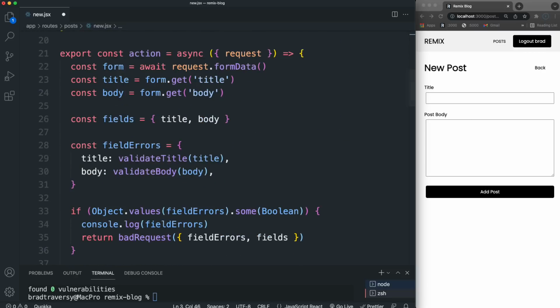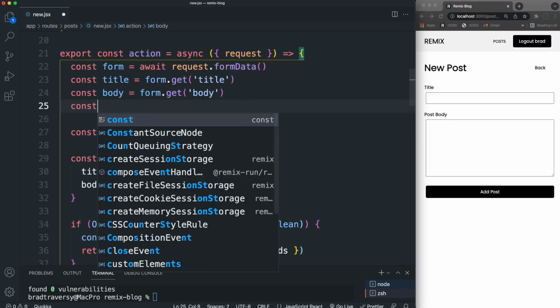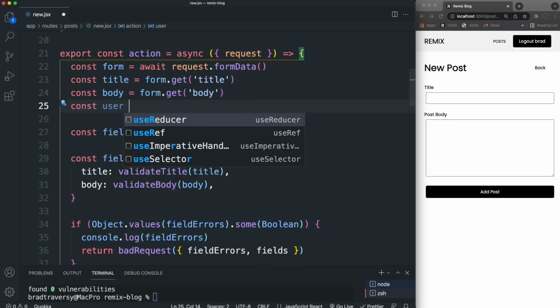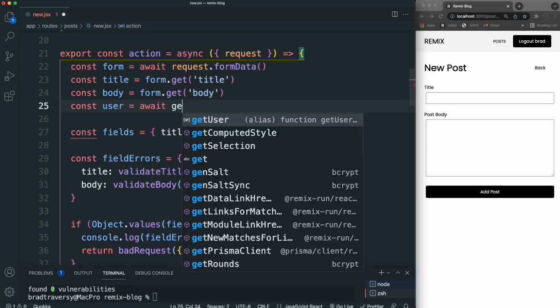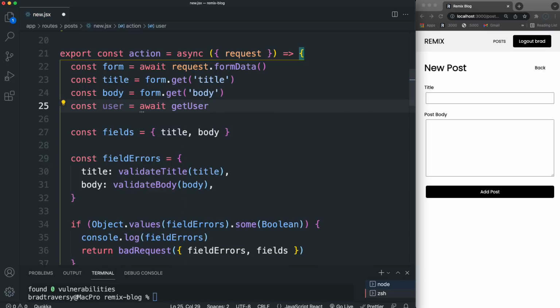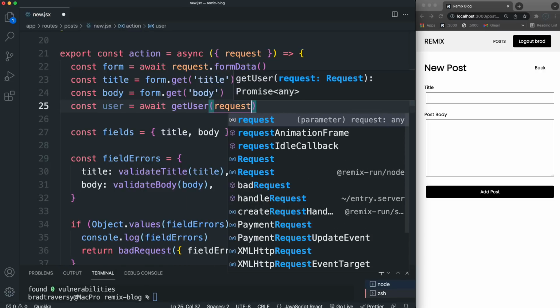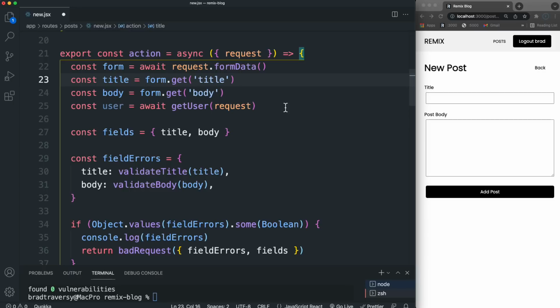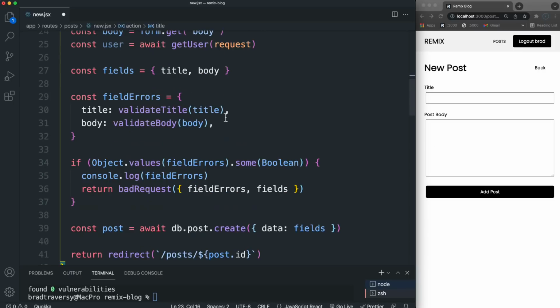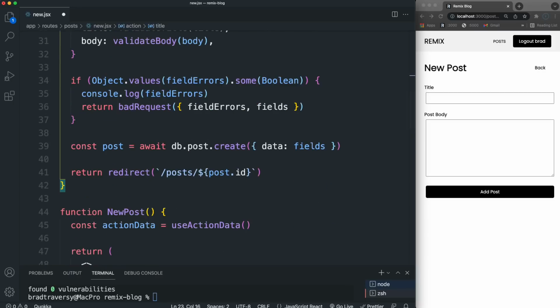So this is the action for when we submit the post form, and right here I'm going to say const user and set that to await getUser, which takes in the request. Okay, so that will get me the user. Now, down where we actually submit to the database,